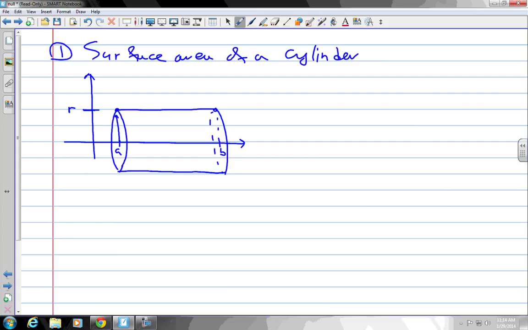Yeah, because when you cut it, you get a rectangle. This is the circumference, which is 2 pi r. And the height, what would be the height? It's whatever this length is. So it's 2 pi r times the height. And in this case, the height would be b minus a, the height of that cylinder. But if I follow the formula,